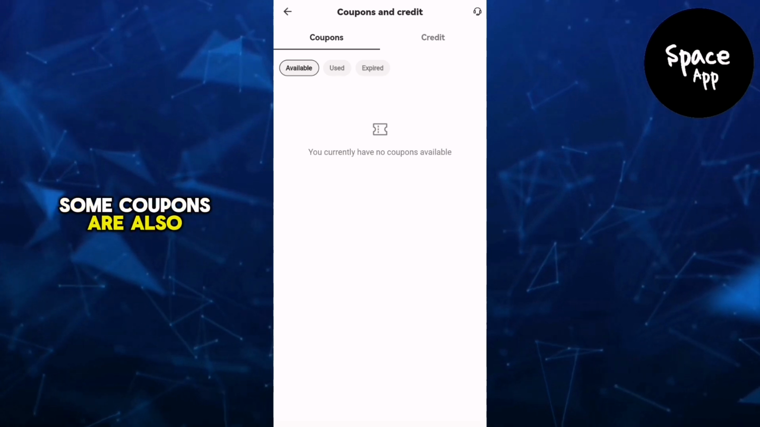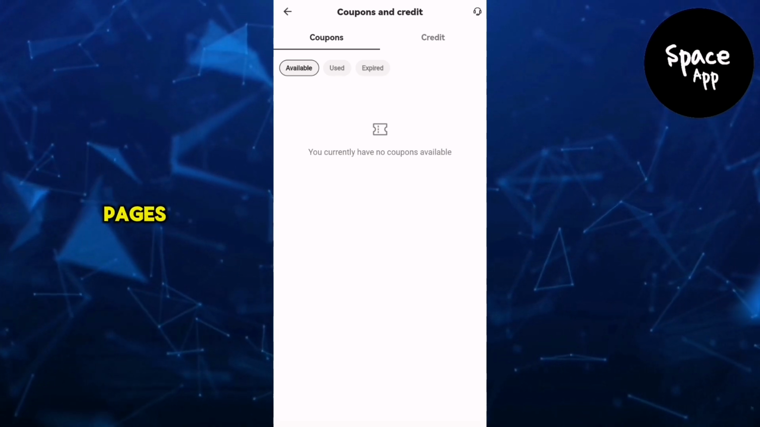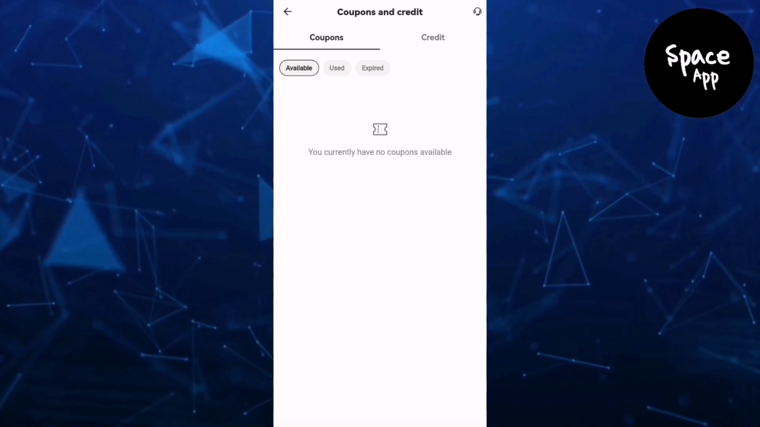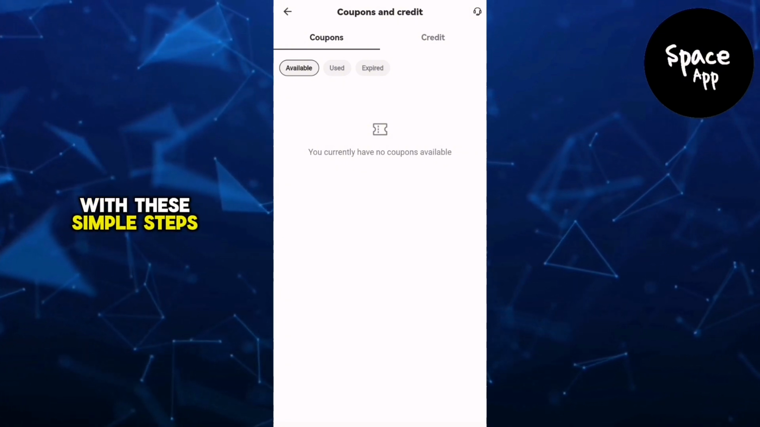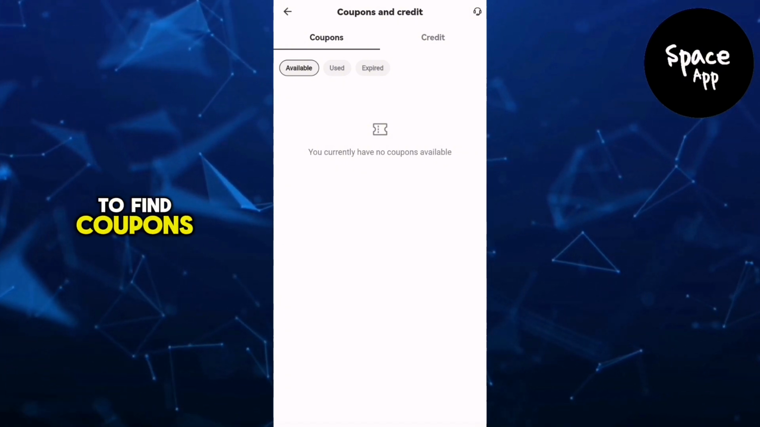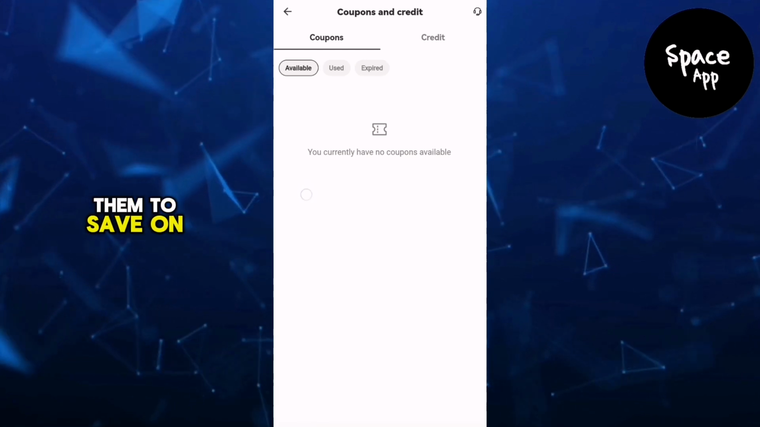Some coupons are also offered directly on product pages or during sales events, so keep an eye out while browsing. With these simple steps, you'll always know where to find coupons and how to use them to save on your